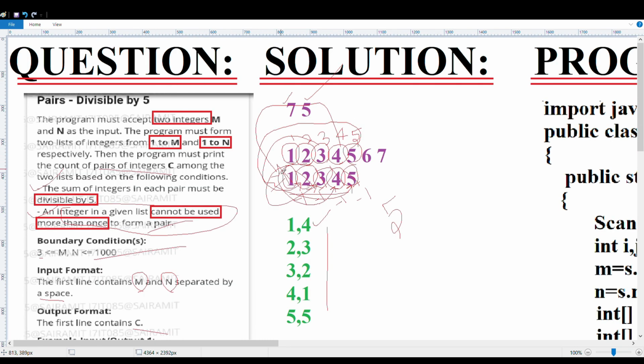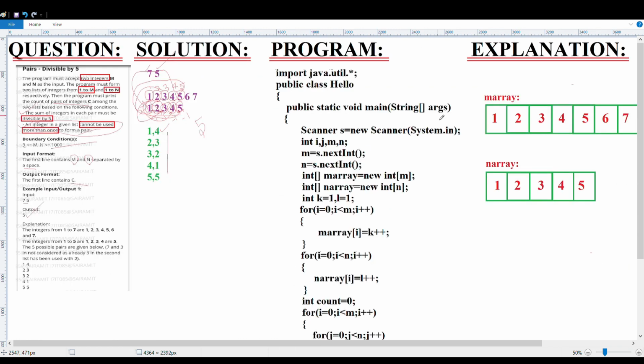Moving on to the program, it's a simple program and I've written it in the Java language. Initially you're declaring the class, and in the main function you have the scanner and i, j, m and n, which are all the dummy variables. In m and n you get the values, that is 7 and 5, with the help of scanner.